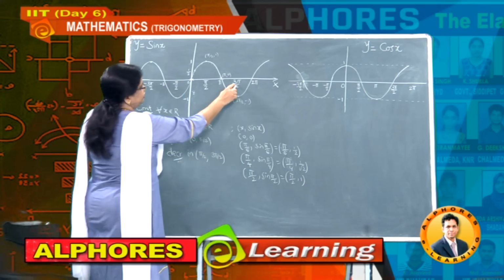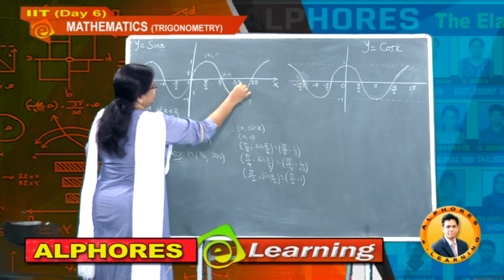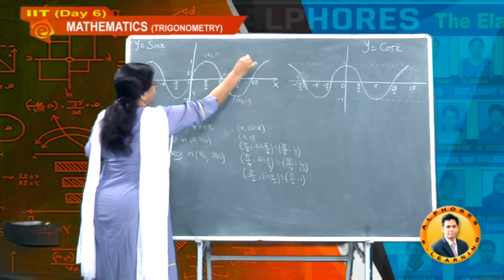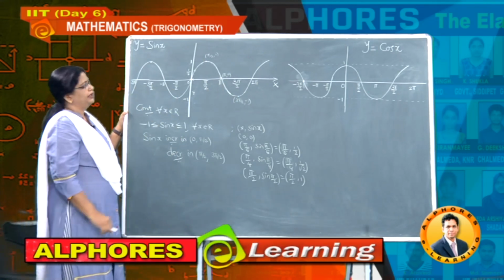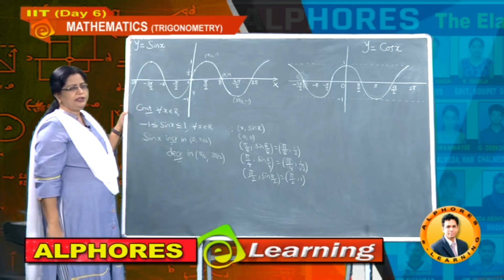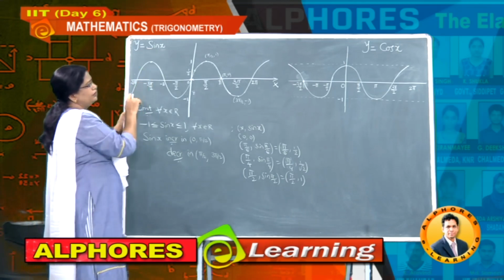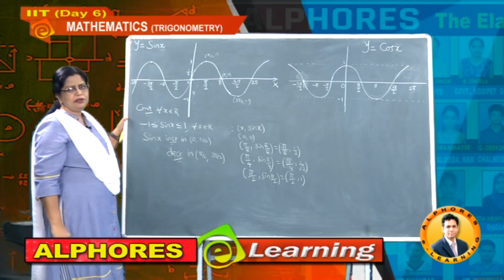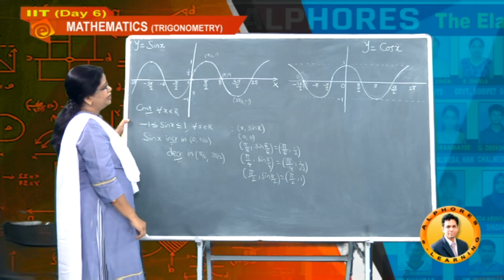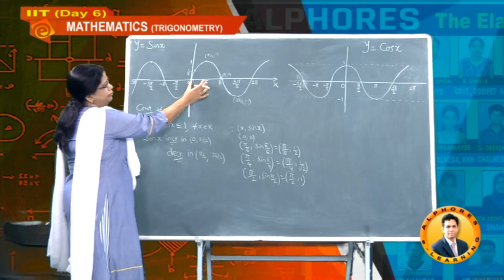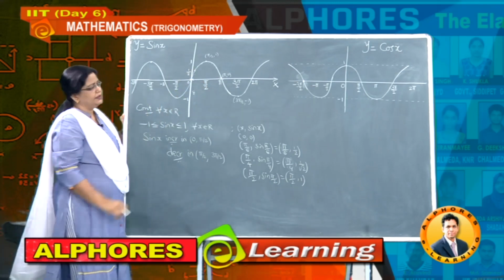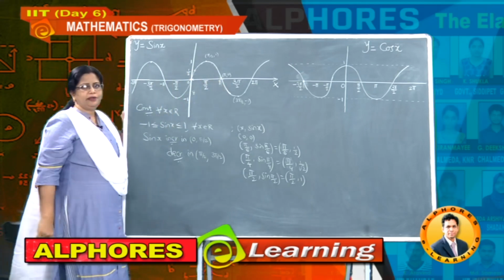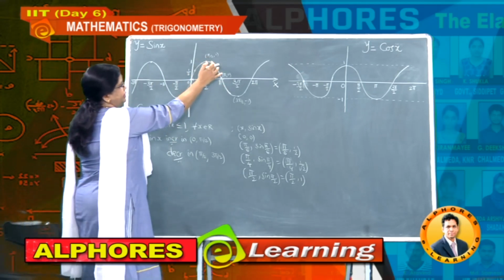Again, if you observe 3 pi by 2 to 2 pi, how is the function? As x is increasing like this, correspondingly y values also increase. Therefore, in 3 pi by 2 to 2 pi, the function increases. Hence, in this way, you can tell about the nature of the sine function using the graph, where it is increasing and where it is decreasing. And earlier we observed that between 0 and pi by 2 we considered the first quadrant. So in the first quadrant, sine increases. And this one is the second quadrant, pi by 2 to pi, and there it is decreasing.